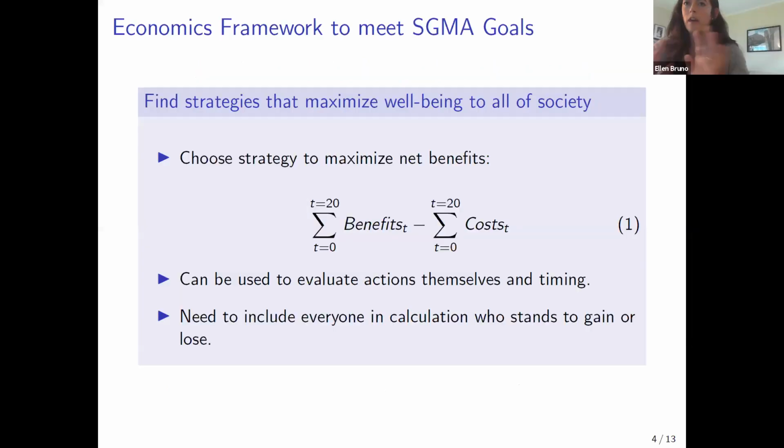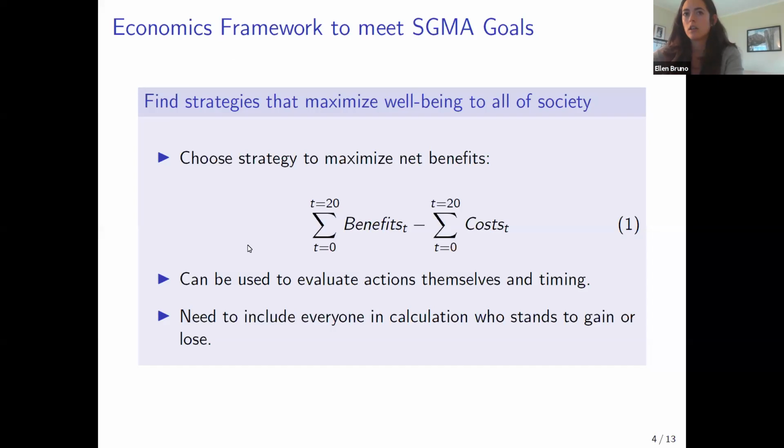So with that in mind, I want to try to talk through an economic framework for how we might think about these management actions and the timing of those management actions. Economics is fundamentally a decision science and the study of the allocation of scarce resources. And so in this context, we're thinking specifically about how to meet groundwater requirements.